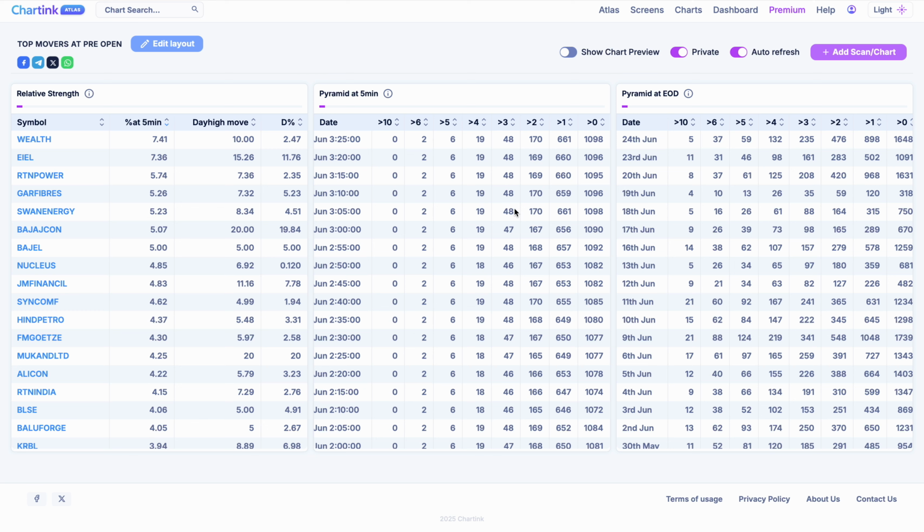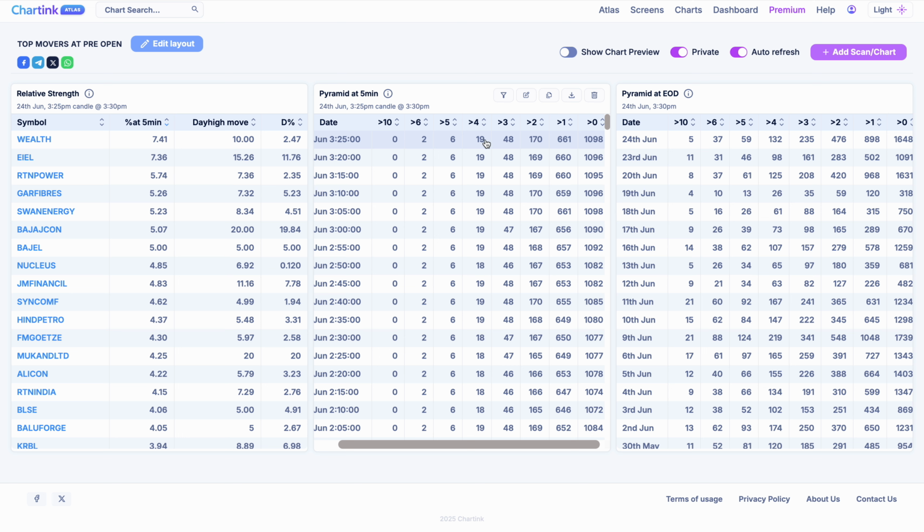Going back to what I was trying to show you. This chart shows you at 9:20 how many stocks are already at more than 10%. Now mind you, I have some liquidity filters here, so it will not be the whole 2000 NSE stocks. The total number of stocks itself is like some 1800 or so. Okay, so at 9:20 the number of stocks which are more than 10% is 0. The number of stocks which are more than 6% is 2. Number of stocks which are more than 5% is 6. Number of stocks which are more than 4% is 19.